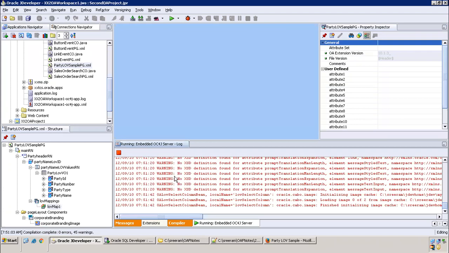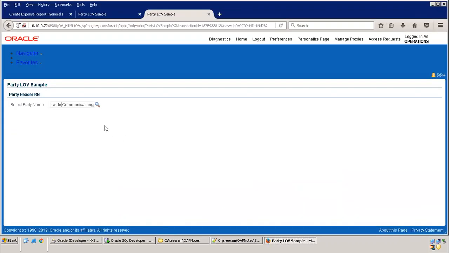See, as of now, we have not executed the VO. We have not written any Java logic. If you remember, for any VO which you use in OAF, you need to always write vo.executeQuery. But for an LOV or a drop down, the VOs which are assigned to those components will be executed by default. There is no user intervention, no developer intervention. We do not need to explicitly write vo.executeQuery for the LOVs as well as drop downs. They are executed by default.